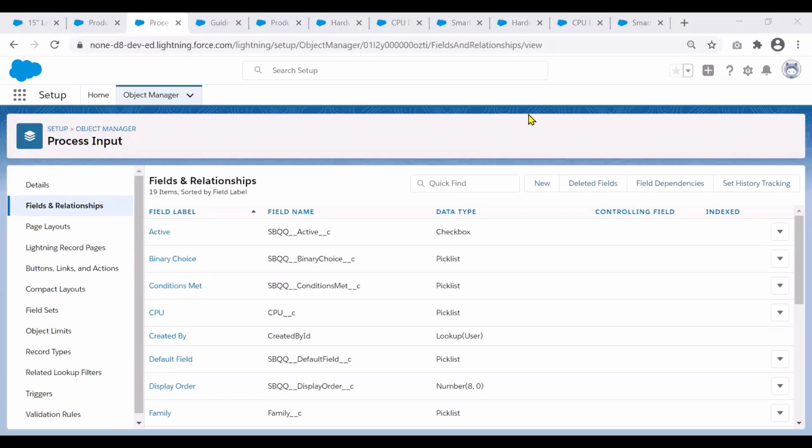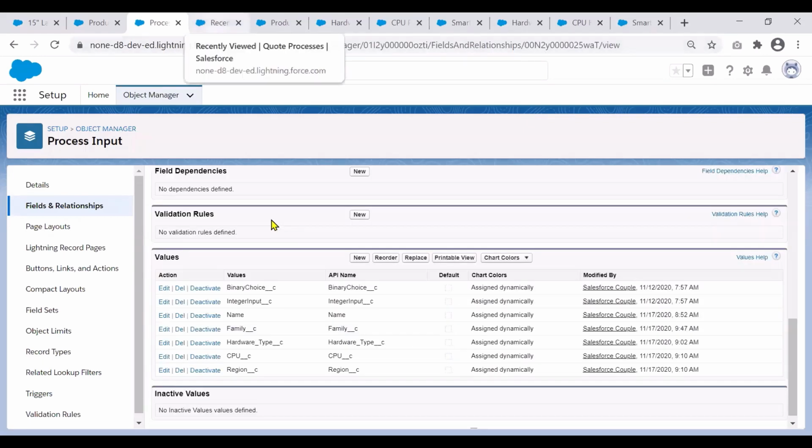Please note that the fields that we created in the process input are only for backend reference, and we don't have to add them to the page layout. These fields are the product family or the CPU, region, or the hardware type fields that we created. We just do not need to add them to the page layout on the process input object. Now moving on